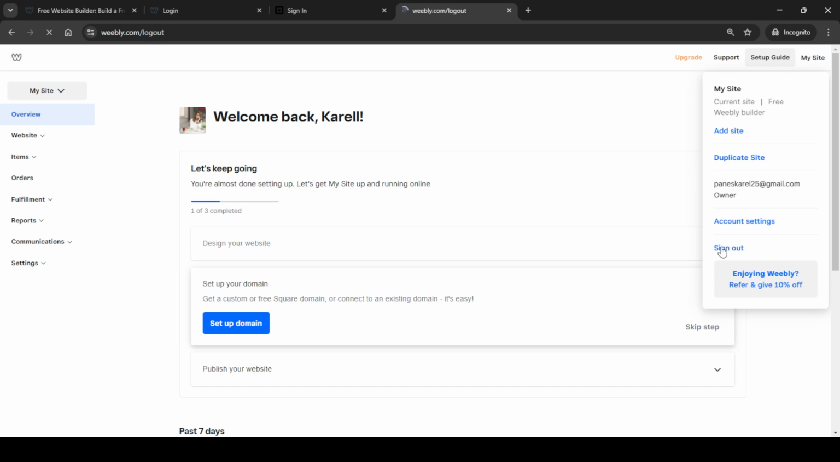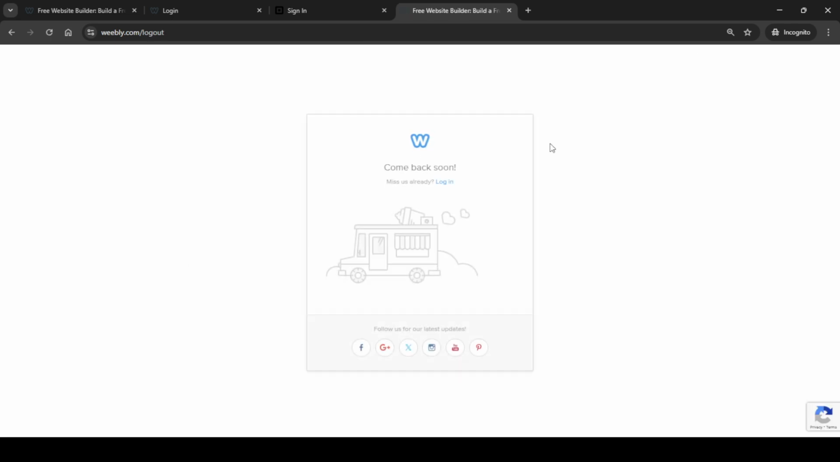So that's it. By this point, you should be comfortably logged out and back at the Weebly homepage. Remember, maintaining good security habits like logging out when you're done helps keep